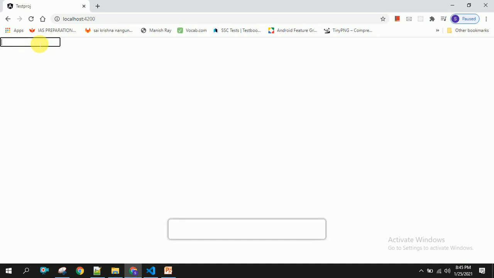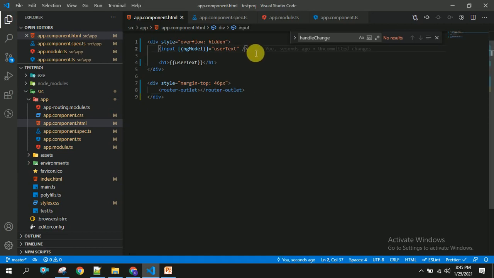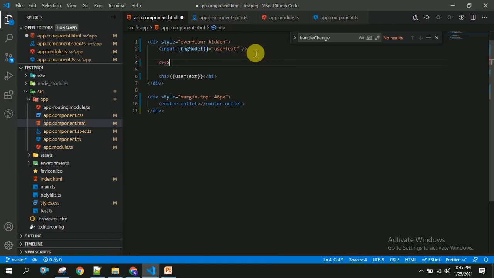You can see here we are able to get the input, and once the user enters anything, you will be able to see that in the h1 tag like this. Now let us see how to get that on button click. Let us suppose I have some button here, and in this button I have some click event.